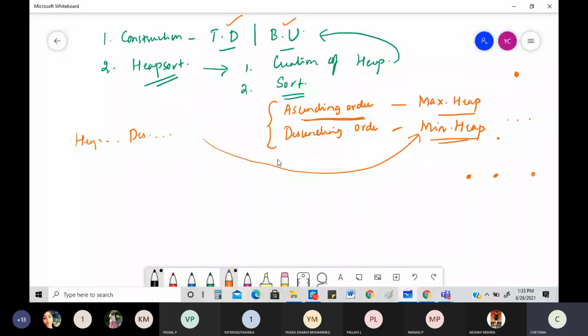So you can see that many problems can be made out of just this topic. This is very important. Just by looking at it you can figure out that so many types of problems can be framed using the same old heap sort. Very important for you to know this.